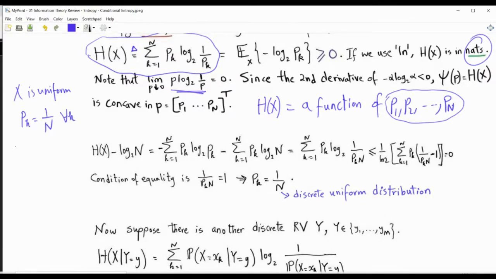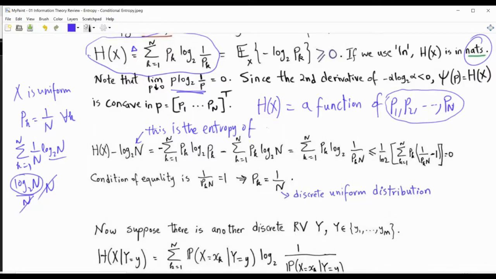And so if you apply the formula, it will be summation k from 1 to n, and then you have bk, which is 1 over n, and then you have log 2n. And so log 2n you can take as a common factor, and also 1 over n, and then you sum 1's n times, 1 plus 1 plus 1 n times, so this will give you an n, and n goes with an n, so you end up with log n to the base 2. So log n to the base 2 is the entropy of a uniform